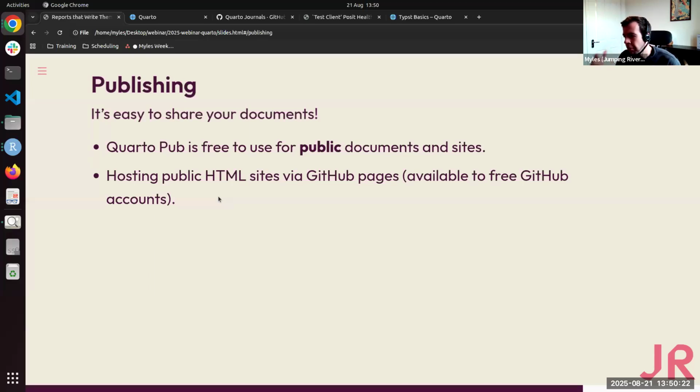I often use GitHub Pages to host HTML sites. So let's say you've got a free GitHub account. As long as you're willing to have a public GitHub repository, you can host what are called GitHub Pages. And the way that works is if you've got an index.html file within that repository, that will automatically then be hosted on a public web page by GitHub, which you can then share.